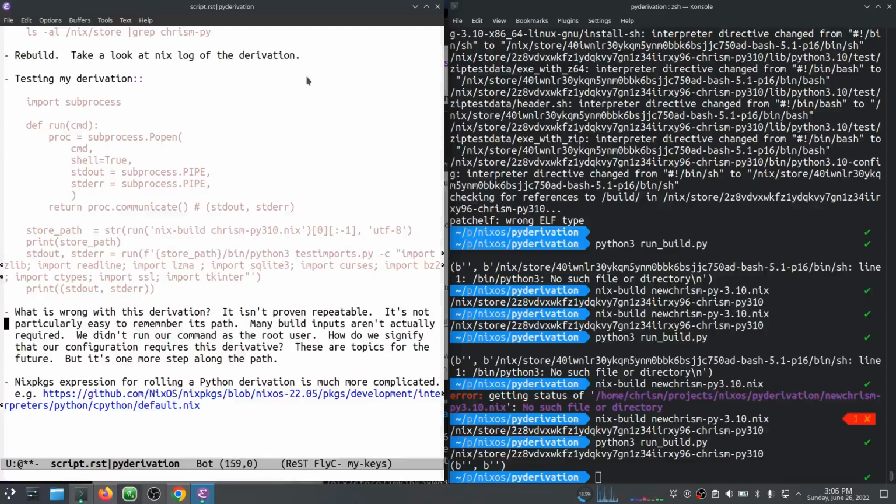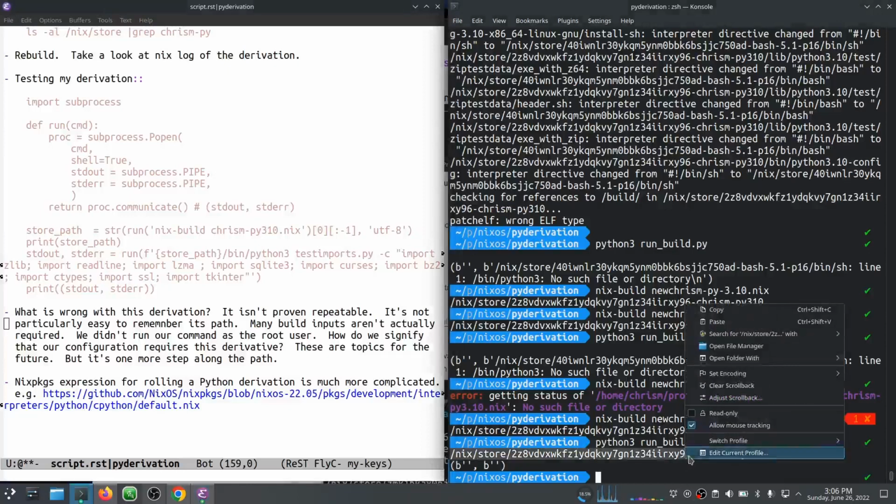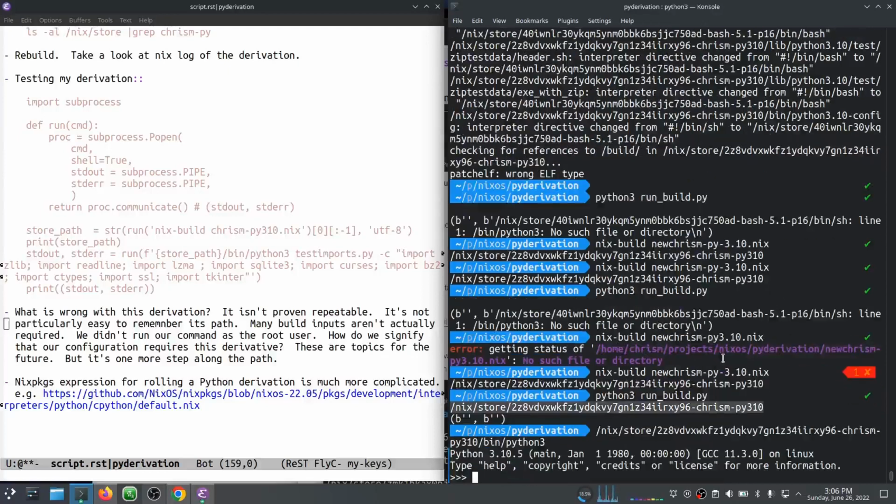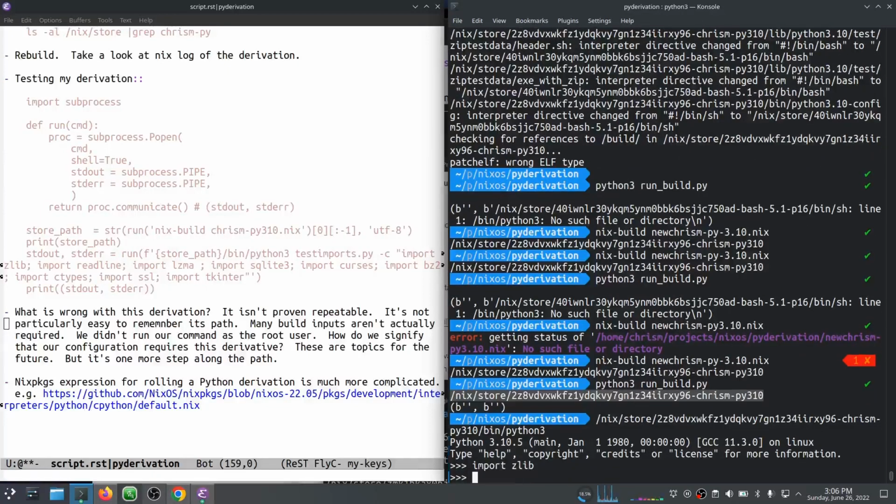I'm not going to do that here, but it's not particularly easy to remember the path of our Python. It's in here. And that's not great, but